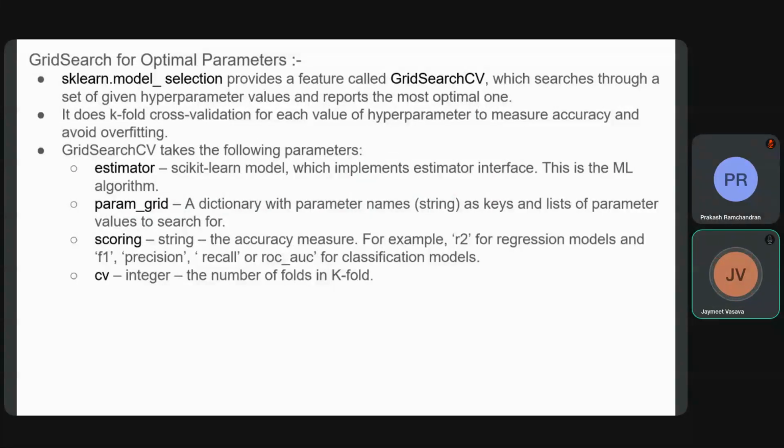So we use grid search CV. We have used grid search CV in the past. The first parameter it takes is the model that we want to use. Then the parameter grid,